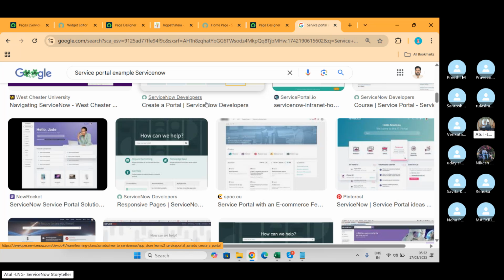Now the question comes, when it says something different, are you looking for something completely fresh and new? Then we can create our portal from scratch. If you are okay with the existing portal and you want a little modification, let us know. We can try what best we can do for that particular part. And that is what I'm saying, nowadays we're not recommending to use service portal. We're recommending to use ECS portal. And ECS is not like what you're doing. It is another way to do it actually.